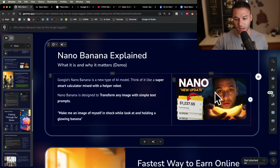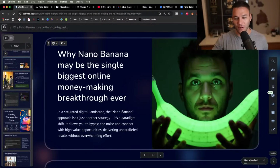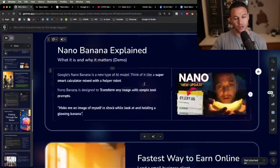That is pretty baffling, to say the least. You know, you got a picture of me, looks really good. The glowing banana is insane. Obviously, this tool, this one here with the radioactive green banana. So in the past, this type of creation of these types of assets were off limits to the normal people like us. I'm going to say us, me and you, who weren't graphic artists,